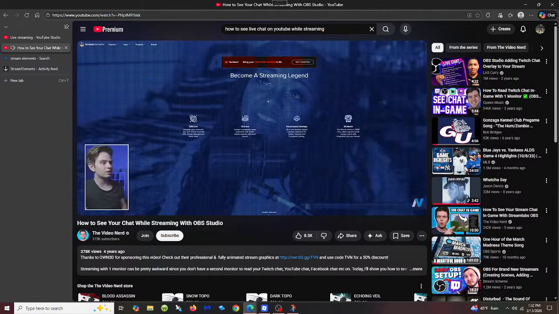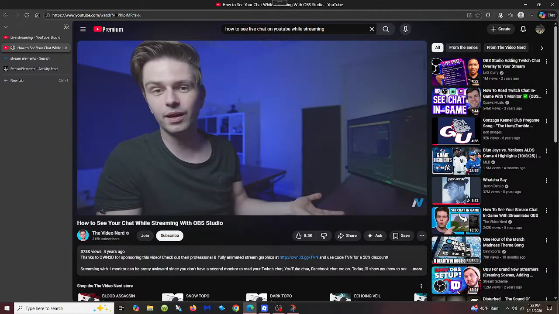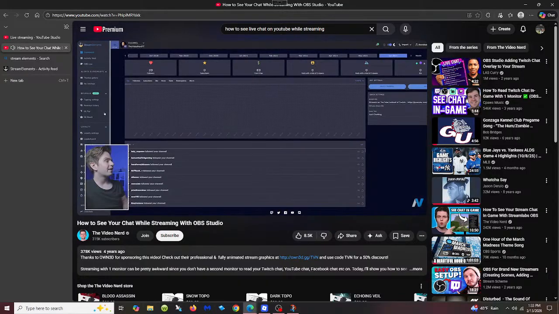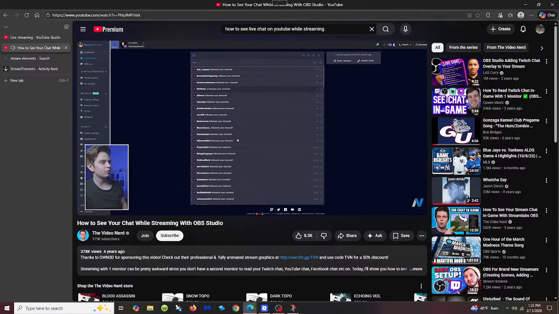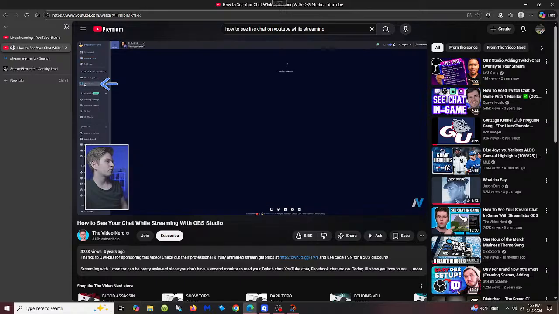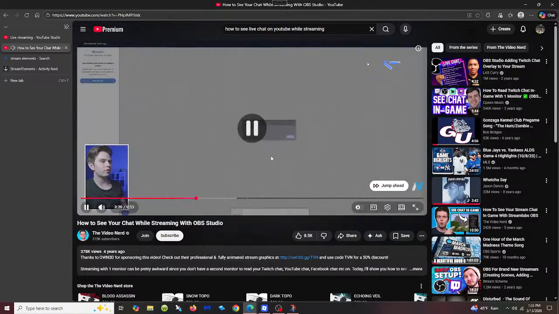I'm gonna show it with Twitch, so it's with the same website as before, StreamElements. Just log in with Facebook or Twitch, and then on the left, instead of going to the activity feed which we just added, you want to click on My Overlays. Then you want to click on Create Blank